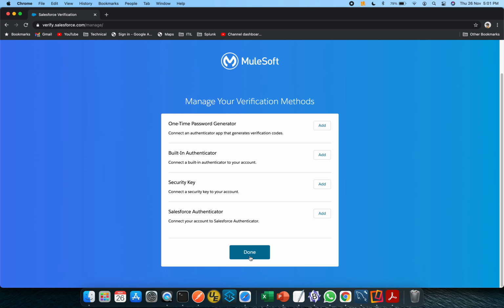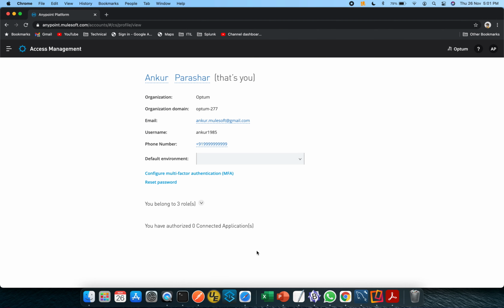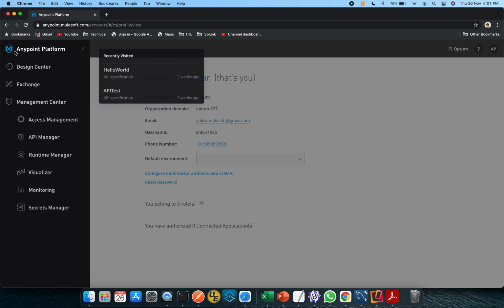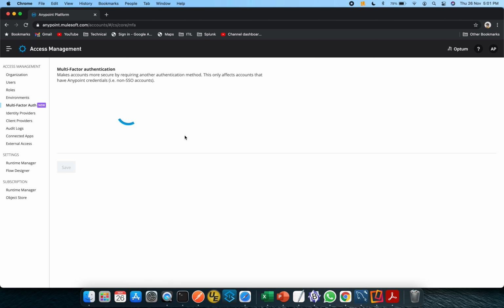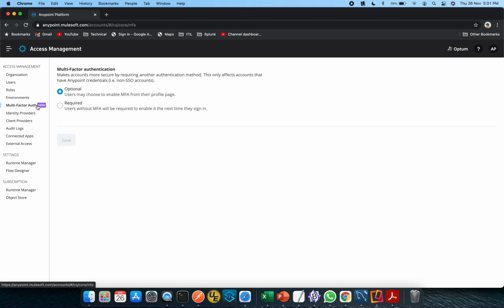So in this way we have tried to add and remove all the MFAs which can be added to your Anypoint platform profile. Just in case you want to enable it for a larger group, just go to multi-factor authentication inside Access Management, and you have two options.